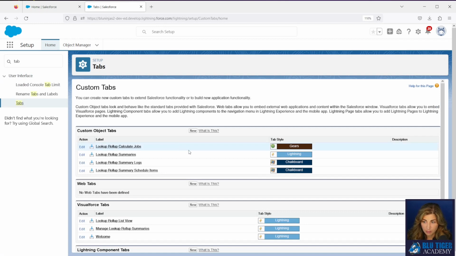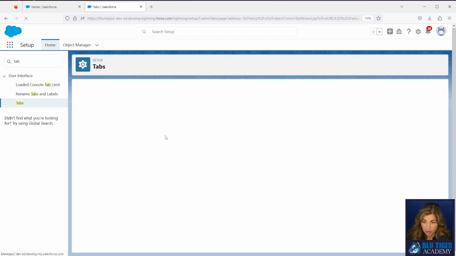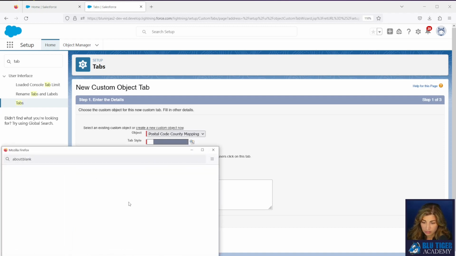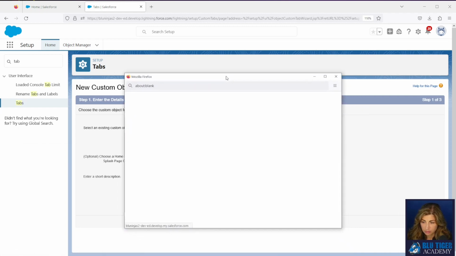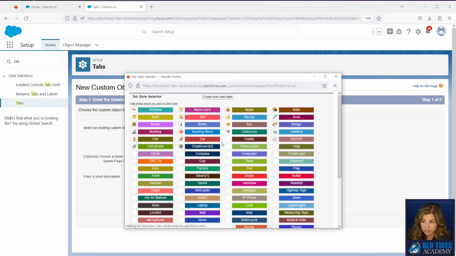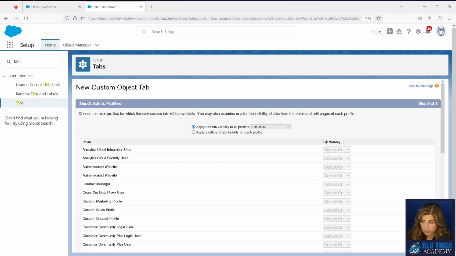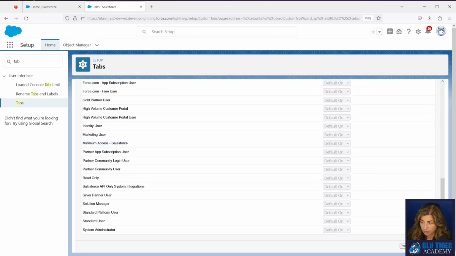We'll go to setup and we'll click tabs. We'll click new. We'll look for postal code county. I'm just going to leave this on for all apps because this is just a sandbox that I'm testing in.